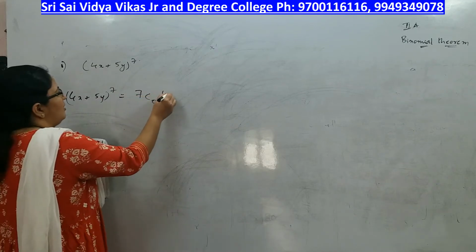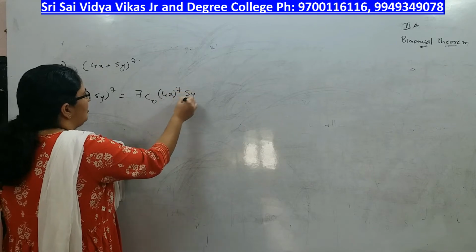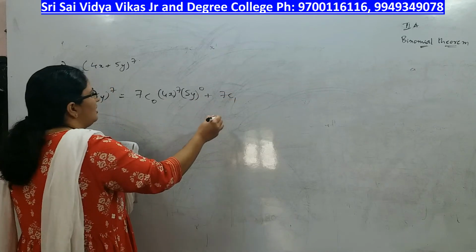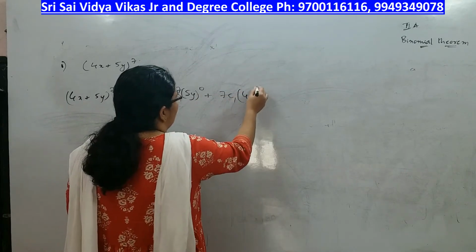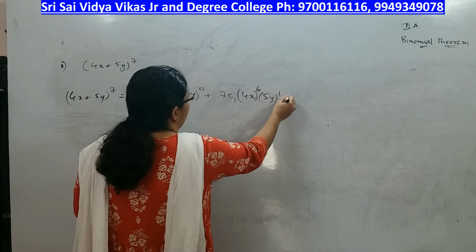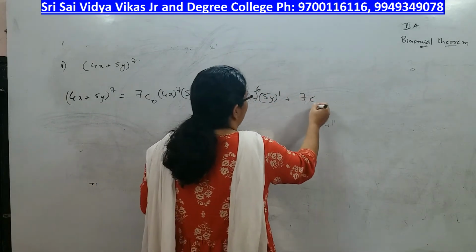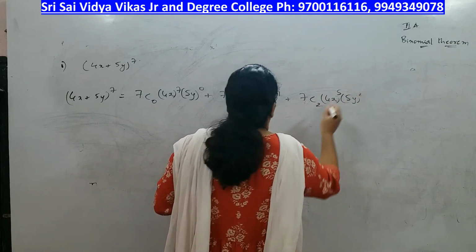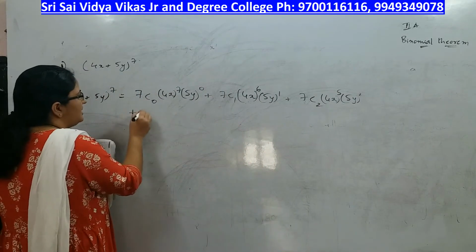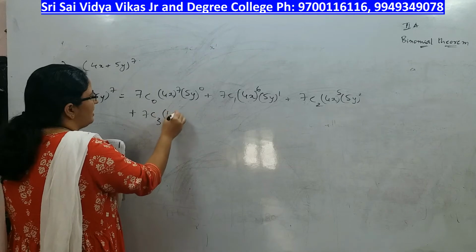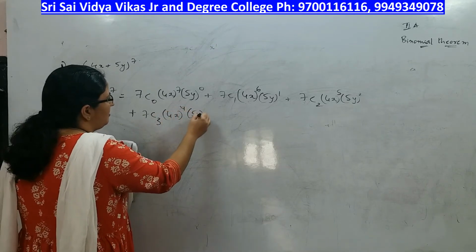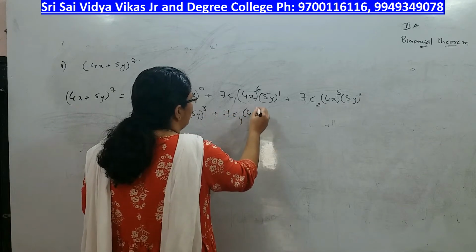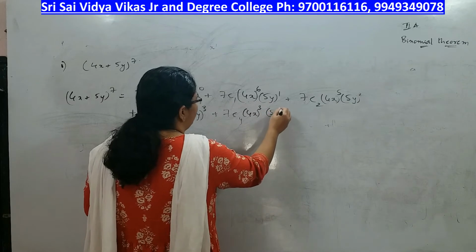7C0 (4x)^7 (5y)^0 + 7C1 (4x)^(7-1), that is 6, (5y)^1 + 7C2 (4x)^(7-2), that is 5, (5y)^2 + 7C3 (4x)^(7-3), which is 4, (5y)^3, 7C4 (4x)^(7-4), that is 3, (5y)^4 +